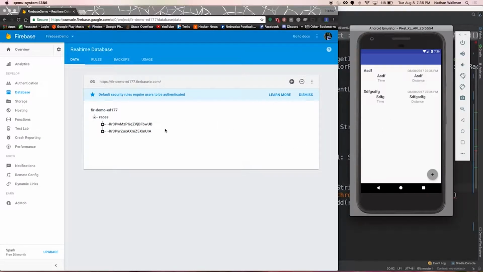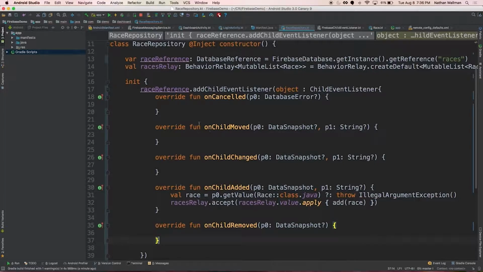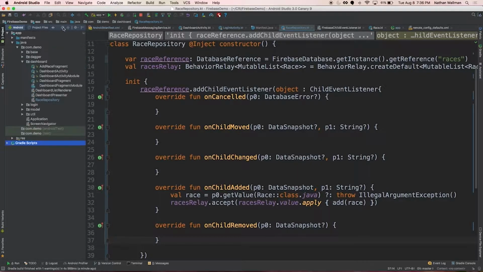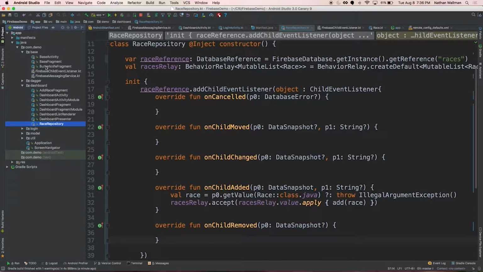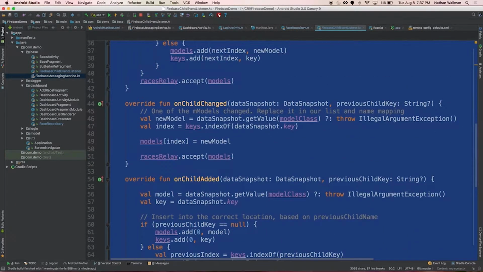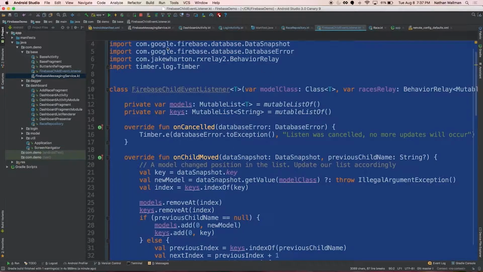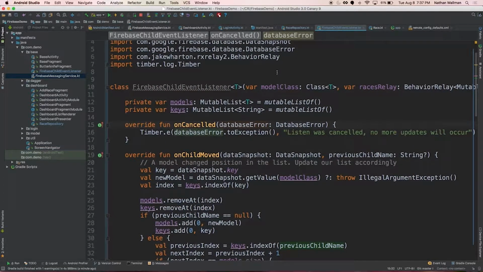But now the problem is, if I do a delete, I haven't handled that in my app, right? So now it doesn't actually notify the app when that happens. So what I've done is I've already implemented all of that. I have this event listener, which is all code that's not specific to Firebase. I'm just keeping track of all the models that I have and handling the logic of inserting them in the correct order. I'm not going to dwell on this, but effectively I've implemented onCancelled, onChildMoved, onChildRemoved, onChildAdded. I've implemented all that.